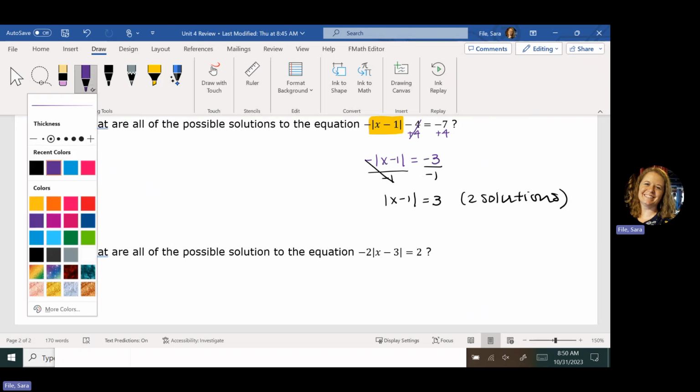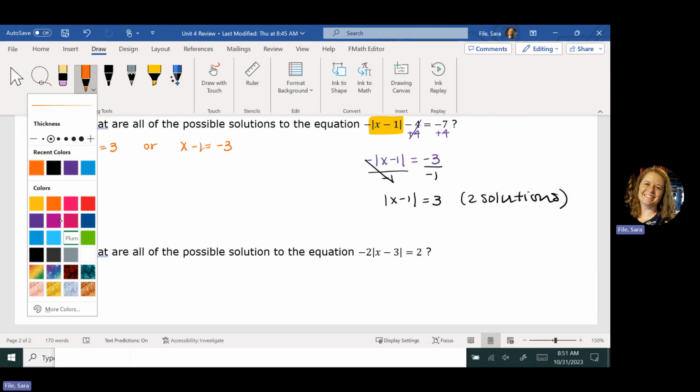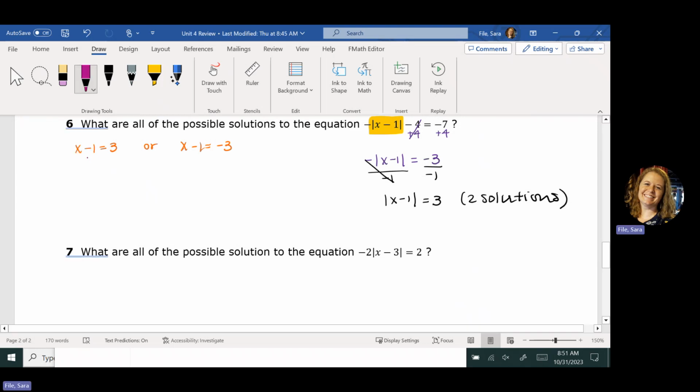Because once I isolate and it's equal to a positive, I know there's going to be two solutions. So then the next step is to take what's inside and set it equal to the positive number, or it could be equal to the opposite, the negative number. So +3 and -3. Then the next step is to solve. So to solve this for x, I'm going to add 1. I'm going to do that on both of these. So I get 4